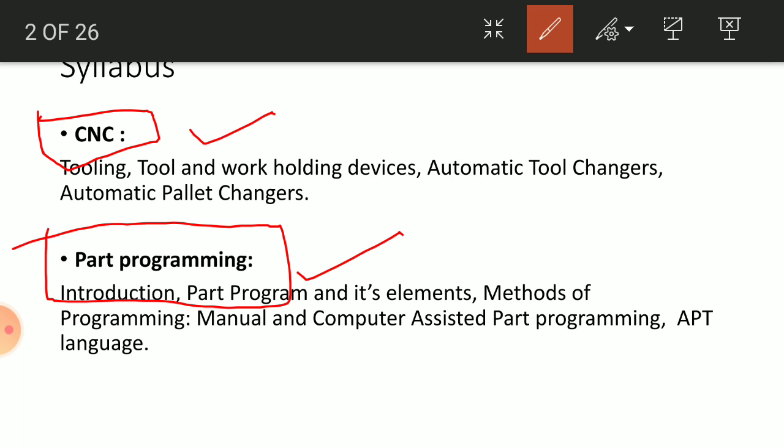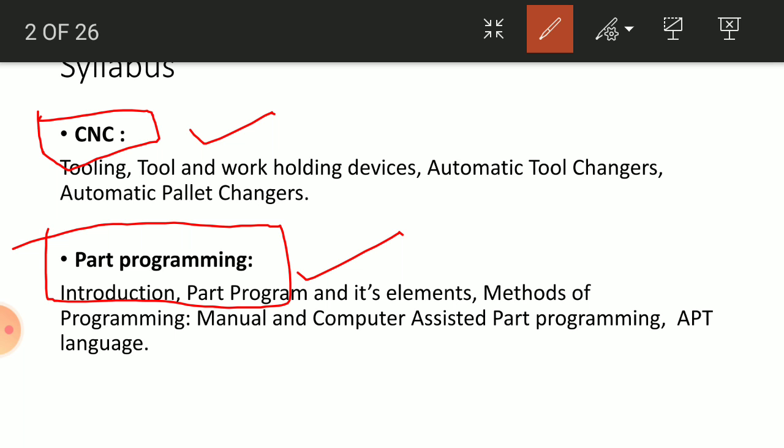Suppose the workpiece is at only one position, and on that workpiece you have to perform different operations. Once the first operation is completed using one specific tool, and you have to perform the second operation on the same workpiece, at that time only the tool is changed, and whatever new tool we implement there, we change just the tool but not the position of the workpiece.